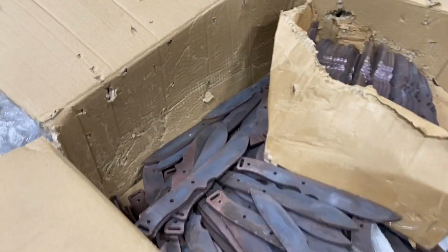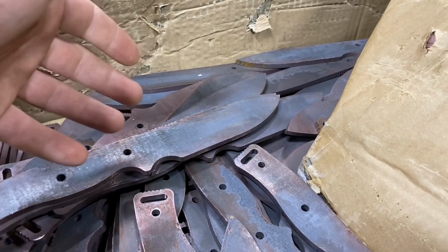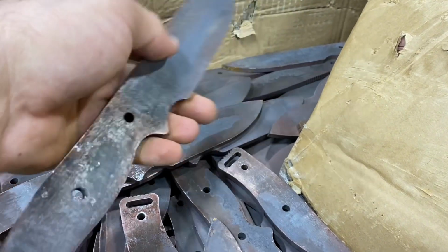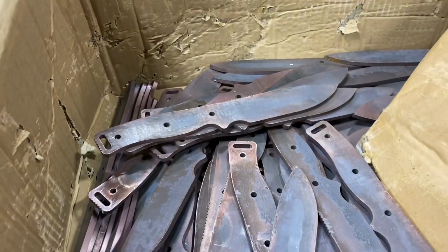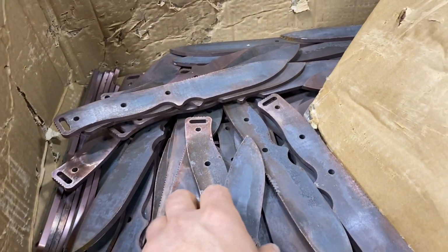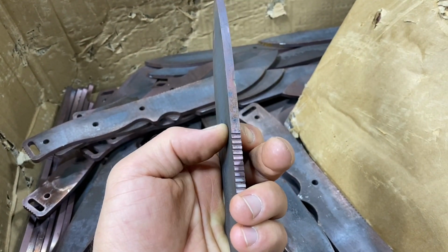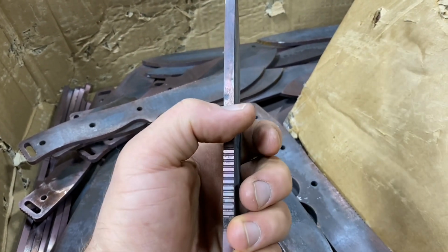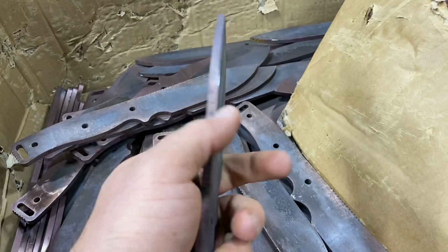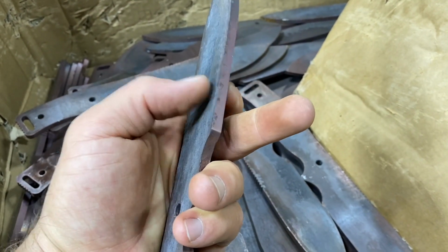So now that we're really getting down in here, it's becoming apparent these were just thrown back in here. There's a lot of nicked edges and corners and things. So yeah, we're gonna stack these and start assessing what the damage is and how we're gonna address that. But thankfully these blanks were oversized. The perimeters were down to size already, so if there's any significant damage, we'll have to address that. But some of the corners and stuff we can surface grind away as we bring these blanks down to thickness,